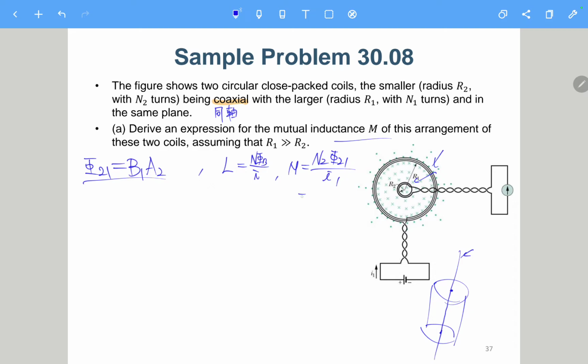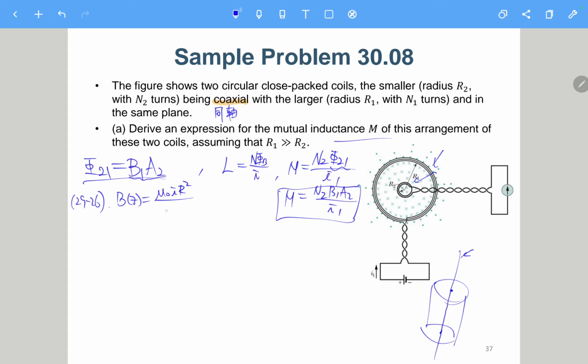Okay, so it is nothing but N2 and then B1A2 over I1. So we just put this one into here only. So M is actually this expression. Okay, so in chapter 29, we have equation 29-26, like BC is mu 0 I R squared